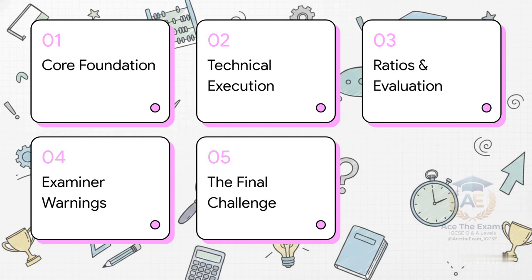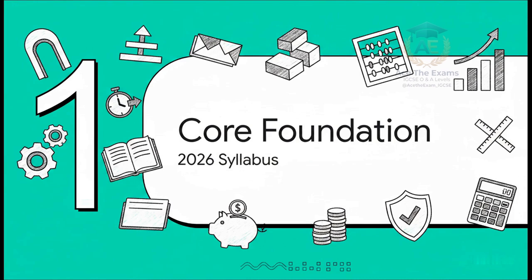We'll start by locking down the core architectural foundation, move straight into technical execution, where those precious method marks live, and then tackle AO3 evaluation. Finally, we'll wrap up with some direct examiner warnings, a look at AI accounting, and our signature pause and think challenge. Let's dive right into that first part, the core architectural foundation, specifically looking at the 2028 to 2030 syllabus